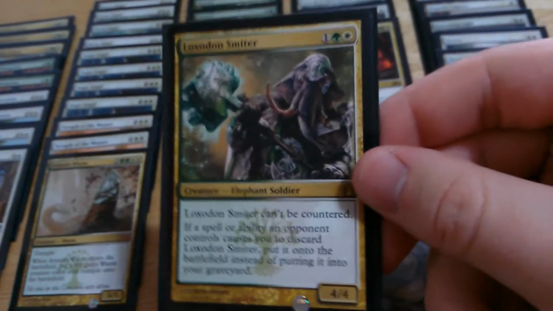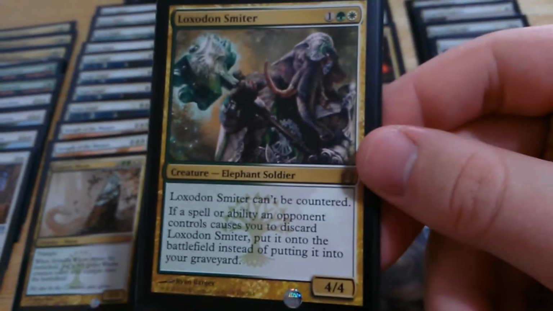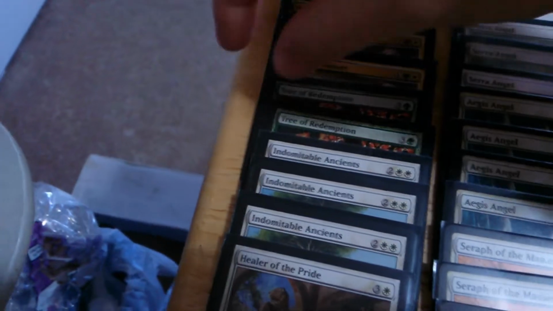It can't be countered, so this is a good card to play against a blue deck. And besides, obviously, it's straight up efficient. It's a 4/4 for 3, and that is insane efficiency in Magic. So I've got 4 of those in this deck, and then I've got 2 Trees of Redemption, which Tree of